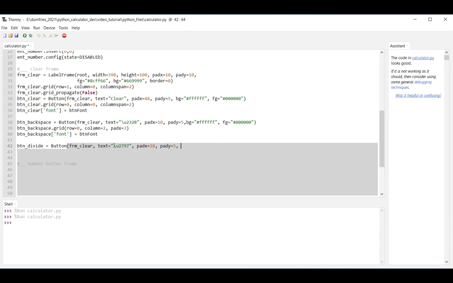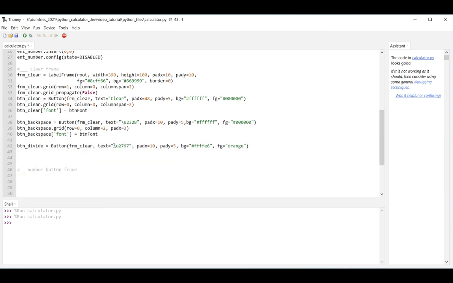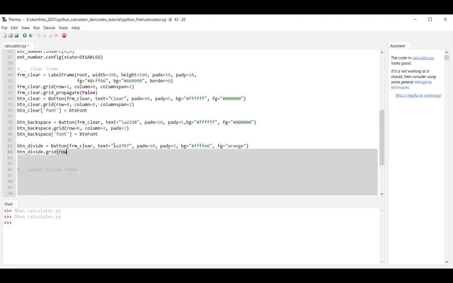We're going to give it a background colour, so it's not white this time, it's a kind of yellow colour, and it's hexadecimal, so it's FFFFE6, and a foreground colour of, I'm just going to put an orange here. Right, next what we want to do is add it to the grid. So btn divide dot grid. Still going into row 0, but it's going into column 3,